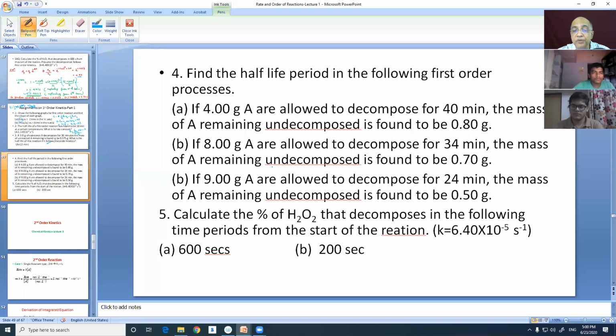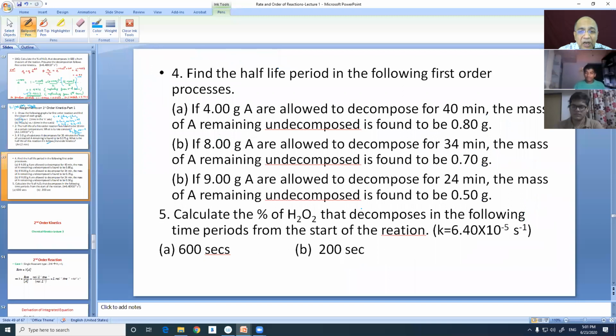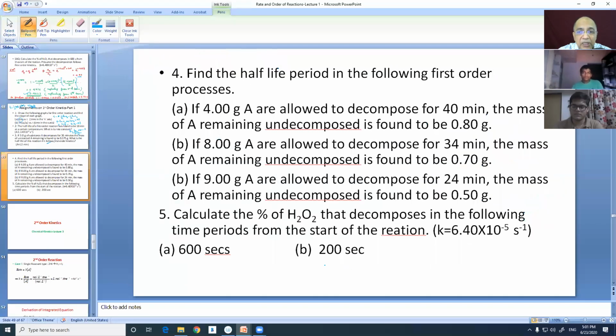I'll be giving you more of these things. I'll ask you to solve all the questions. These are simple 5 questions I have given. Out of them, these 2 I have already given in the morning. Some of you might have answered correctly. Some of you have reported that you could not do one question. Now you can do it.